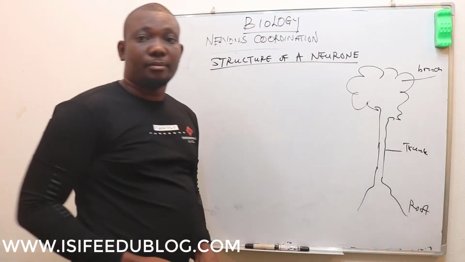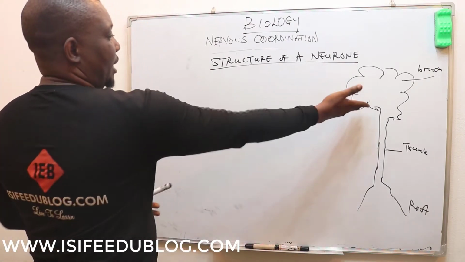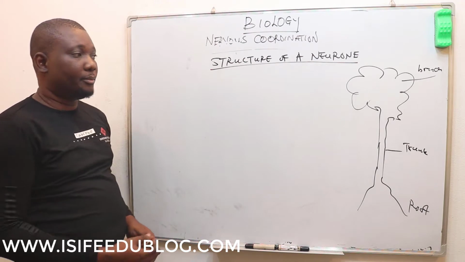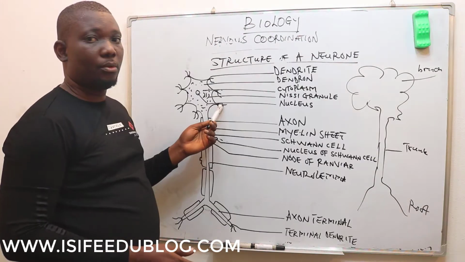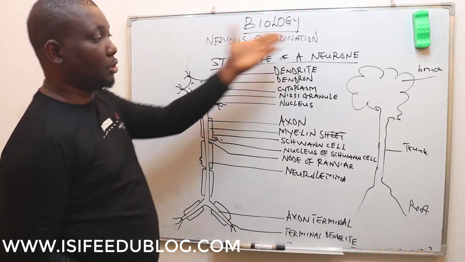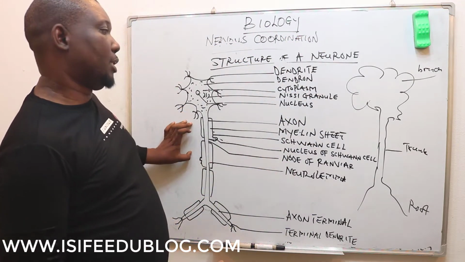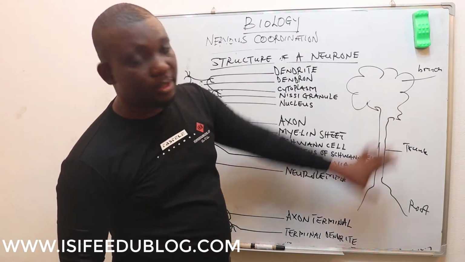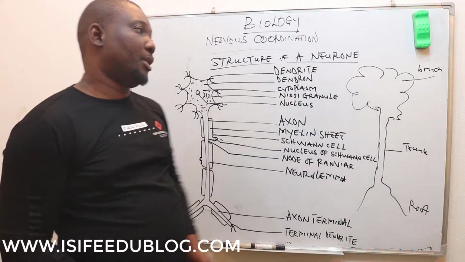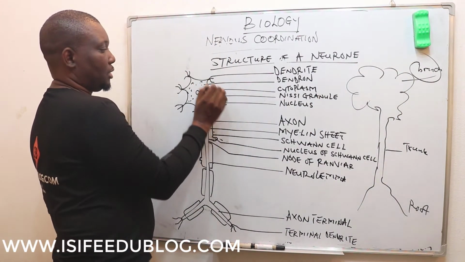This looks like a neuron. So I can look at this and draw the neuron. I'll start with this. So look at this now. This is the structure of a neuron. See, I've been able to draw this neuron using these concepts like a tree, the branches of a tree, these branches